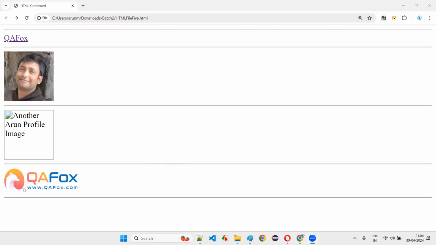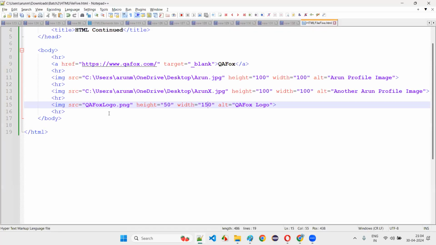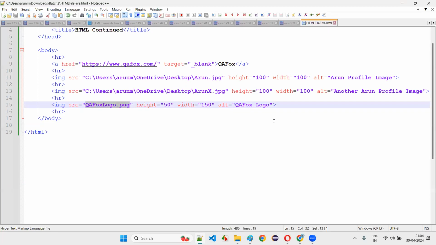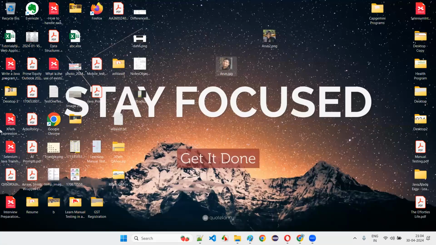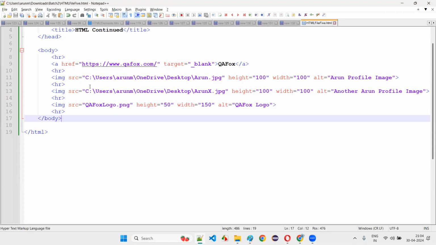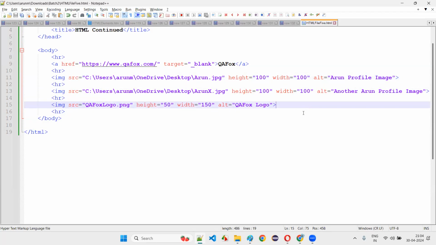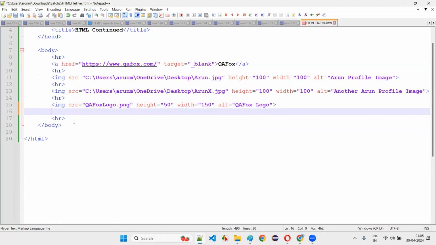So guys, did I give the entire path for the image? No, just the name and extension of the image, because that's how it is. If the HTML file and image file are part of the same folder, you don't have to give it. But if the image file is in a different location and the HTML file is in a different location, then you have to give the entire path. In this case, you don't have to. In real time, developers also do the same thing on the server. Whenever they host the code, they put all the images related to that page at the same level as the HTML page, so that they don't have to give the entire path. They just give the name and extension of the images.